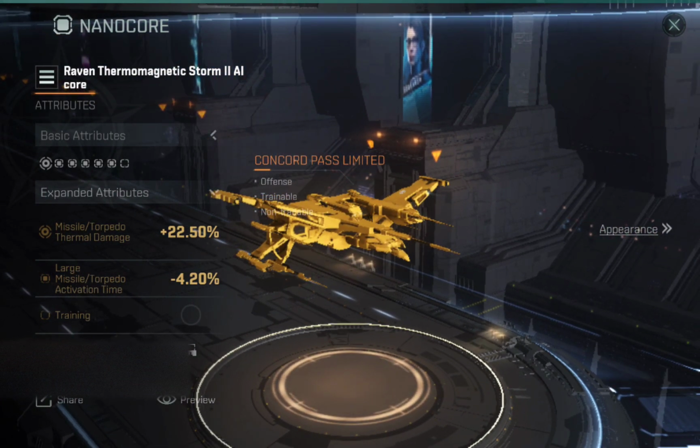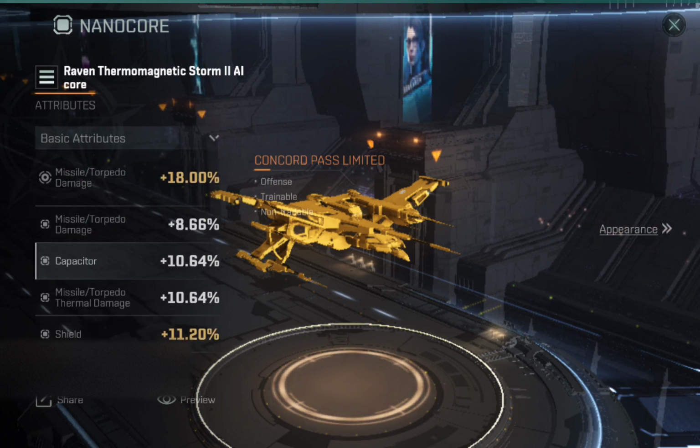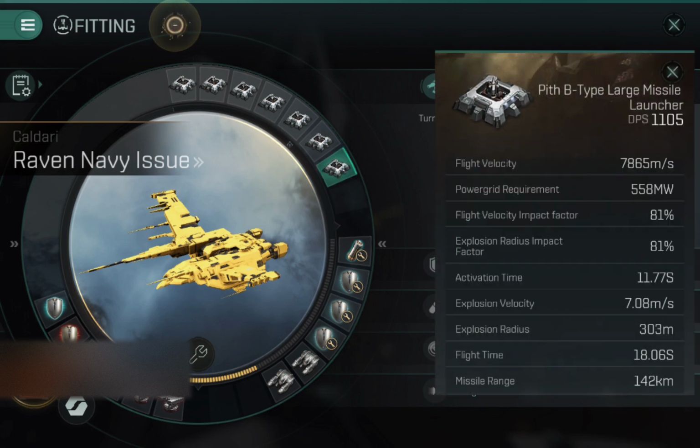If I look at the basic attributes, you can see there is a missile torpedo thermal damage bonus, which complements the warhead charge, and on the expanded attributes there's a 22.5% thermal damage. That combined with the implant, which I think is now at level 34 or so, and on the AI, the golden core, I have upgraded it with large missile torpedo activation 4.2, which also increases the DPS. That combined with B-type missile launchers, which I have collected over quite a long period of time,